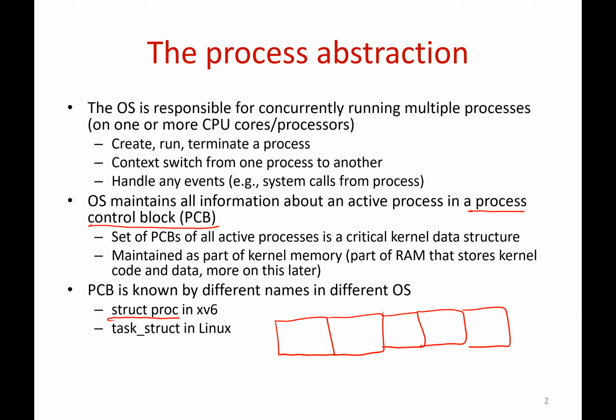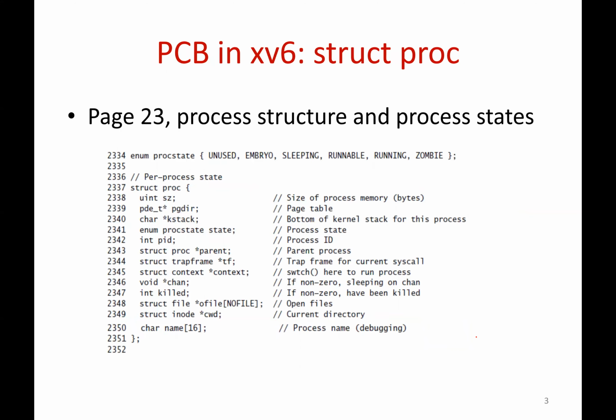And all of these struct procs of different processes, P1, P2, and so on, are all maintained in the kernel memory. So the operating system has a portion of RAM where the operating system code and data and everything is stored. We are going to learn more about this later. And within this portion of the OS memory, there is a data structure that has the list of all the struct procs of all the processes in the system. So please refer back to the previous lecture that describes what a PCB is to get a complete picture of it. In this lecture, we are only going to cover the x86 part of what the PCB contains.